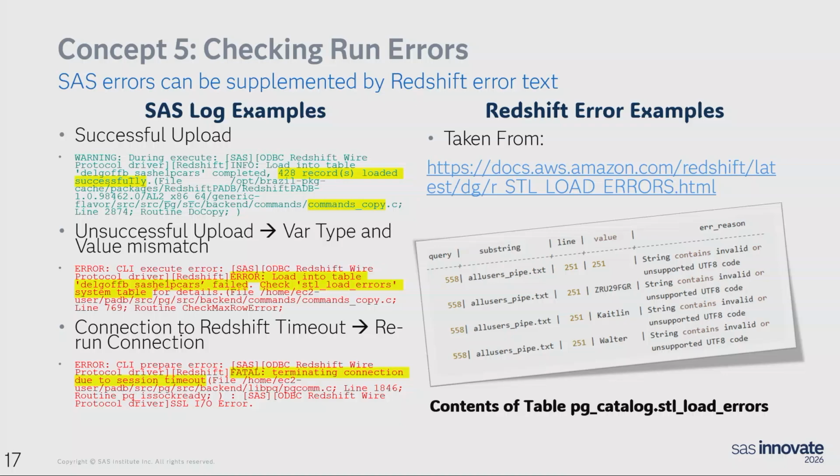It's actually a table on your Redshift environment that is automatically being created and potentially something you didn't know was even there. This picture is taken from the link to the AWS website and shows an example of that table's contents. You can see that information in a variety of ways. We use DB Visualizer, but there are other methods. But you can also use SAS.